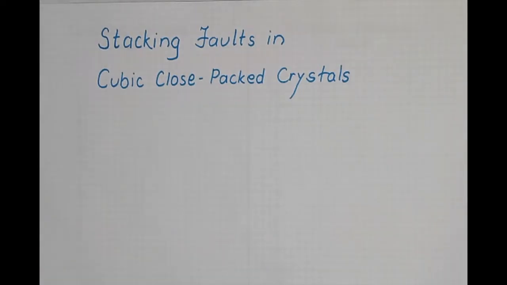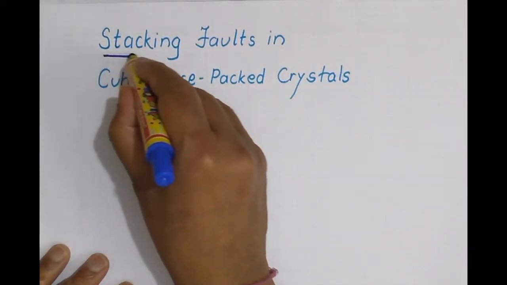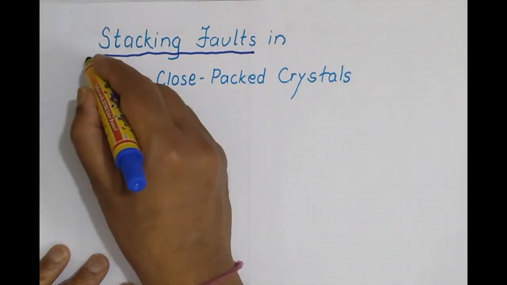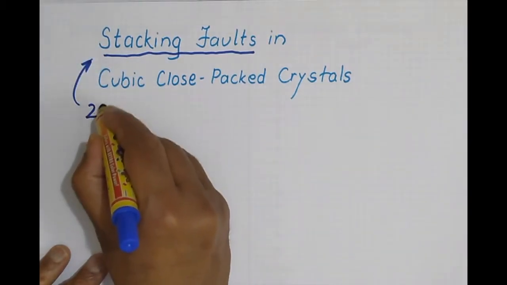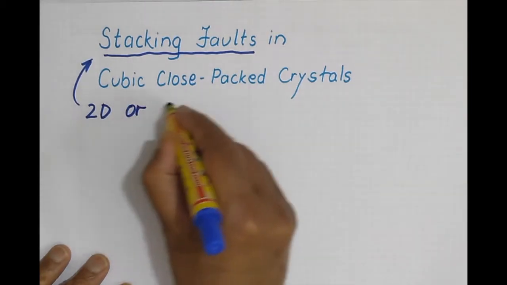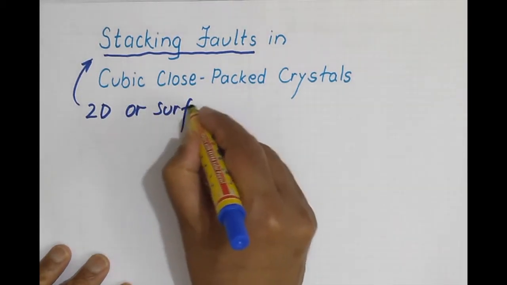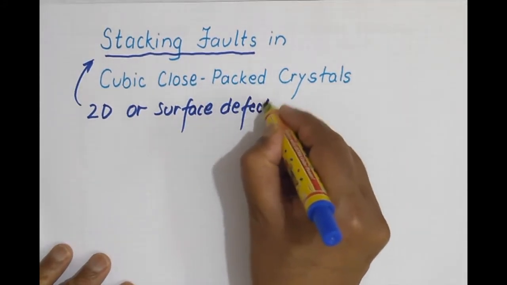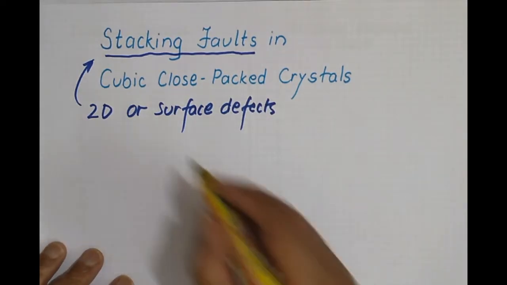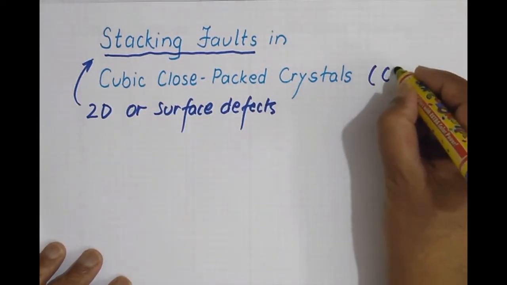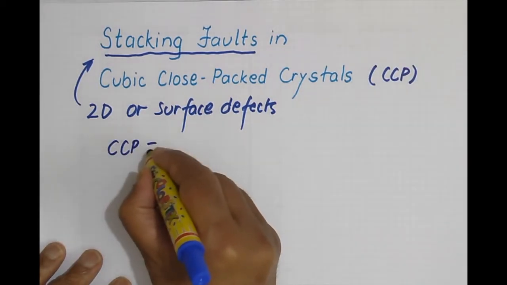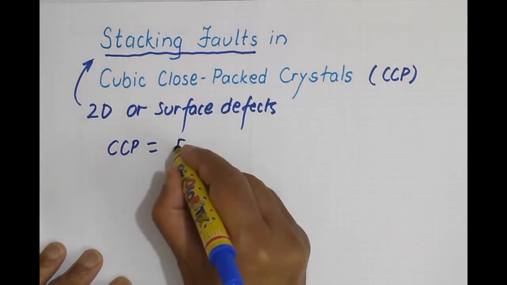Let us discuss stacking faults in cubic close packed crystals. Stacking faults are two-dimensional defects, that is, a kind of surface defect. And the cubic close packed crystal, or the CCP crystal, by CCP crystal we mean we have an FCC